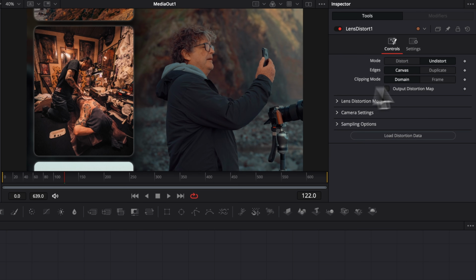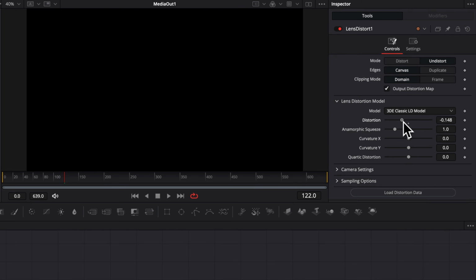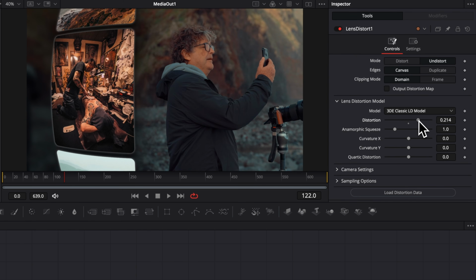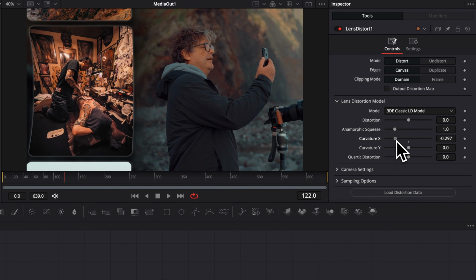Here, if you want to see a bit more what you're doing, you can select the output distortion map, and that basically is going to show you what you're doing right here. As you're creating that distortion, it shows you how it's affecting the overall frame. Right now, I'm just going to guess it a bit more and see how it's affecting my shapes. So you can play around with the distortion, the curvature X and the curvature Y to really create what you want. Right now, I'm going to try to just do only the X at the beginning,